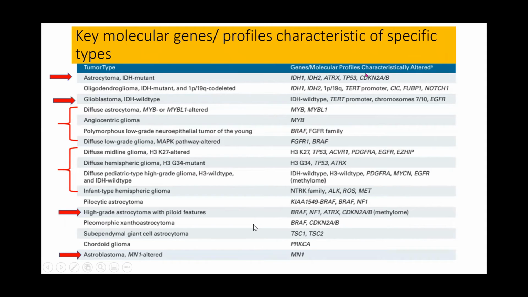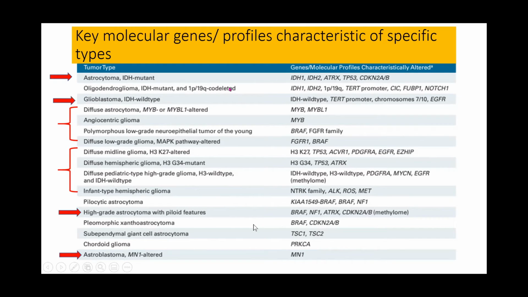Out of this, the CDKN2A/2B homozygous deletion is very important because these tumors are WHO grade 4 by definition. Amongst the oligodendrogliomas, which by definition need to have IDH mutation and 1p/19q deletion and retention of ATRX, you also need to do TERT promoter mutation, CIC, FUBP1, and NOTCH1 because they might indicate a poorer prognosis or a higher